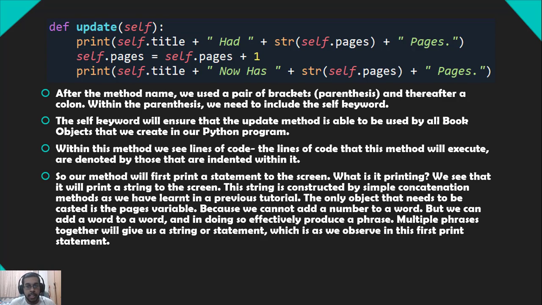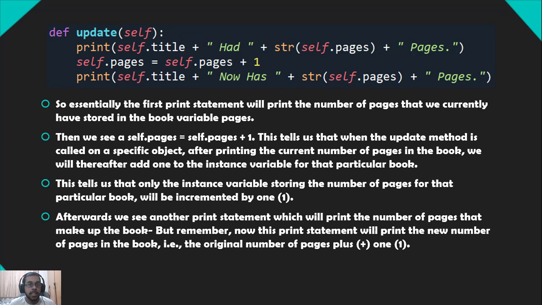The only object that needs to be casted is the pages variable, because we cannot add a number to a word, but we can add a word to a word, and in doing so, effectively produce a phrase. Multiple phrases together will give us a string or statement, which is as we observe in this first print statement. So essentially, the first print statement will print the number of pages that we currently have stored in the book